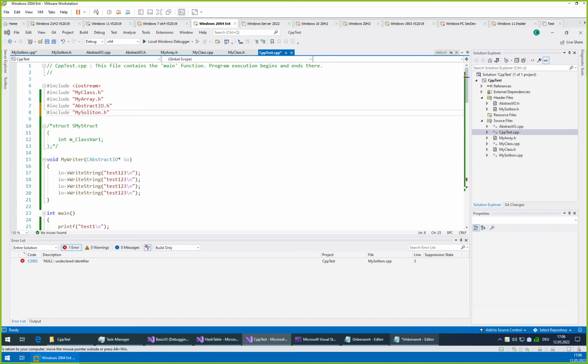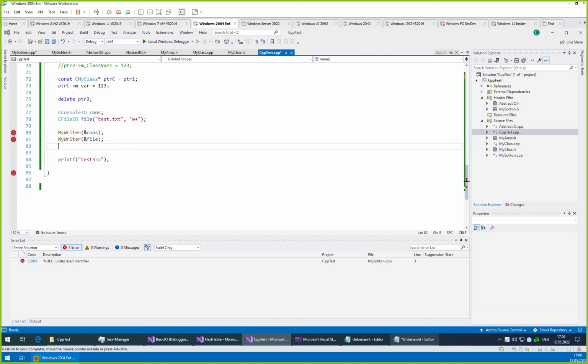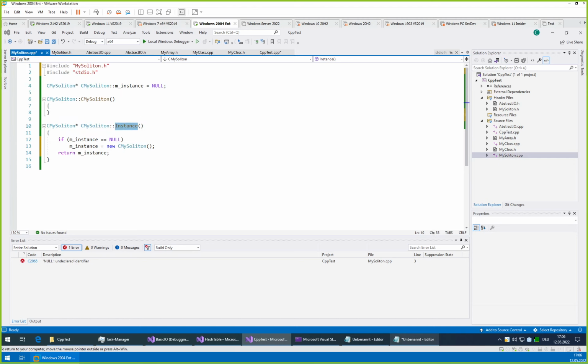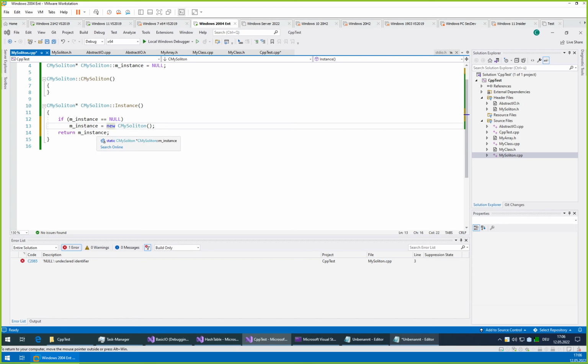So if we now want to access our Soliton, we would do it like this, instance for example like this, and we can access the object, and this is a static function accessing a static variable which calls the constructor, and so on and so on.